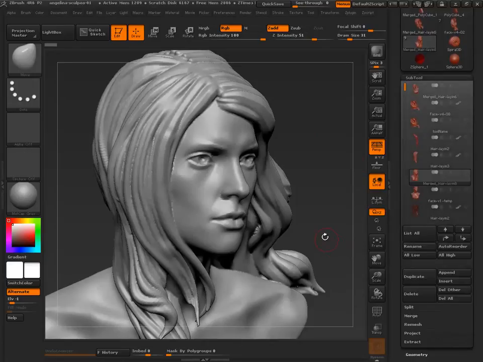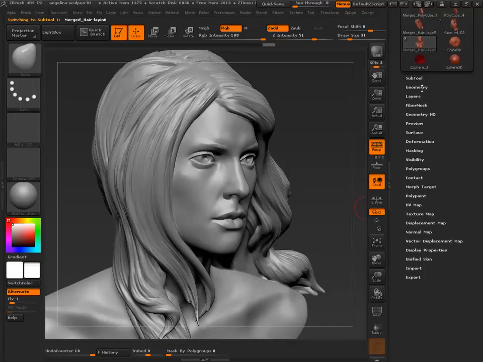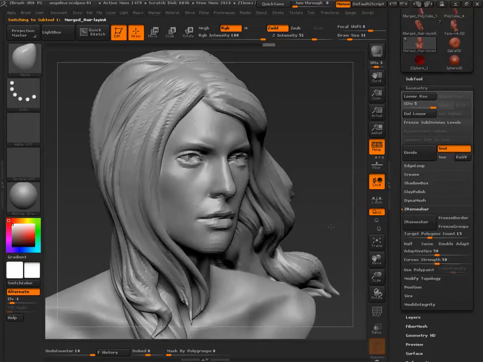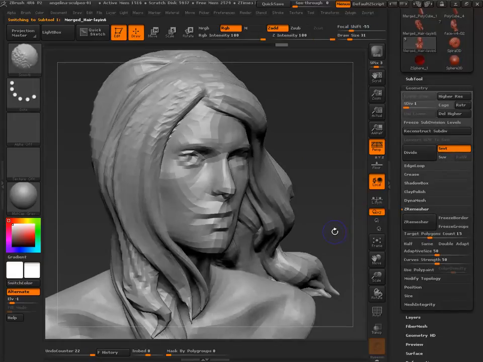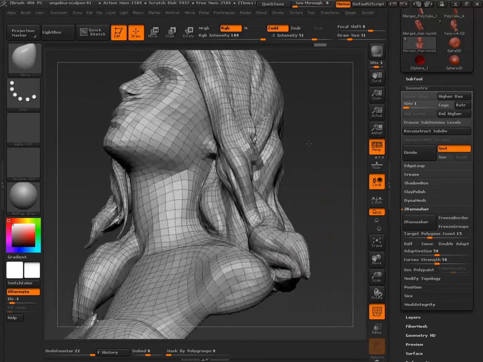But we had this high dense Dynamesh, and then it was Z-remeshed and resculpted. So now the topology, if we go down, you can see is much more organized.